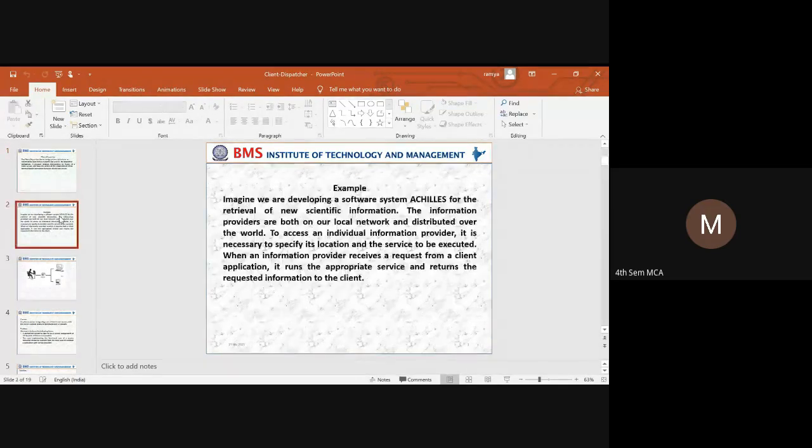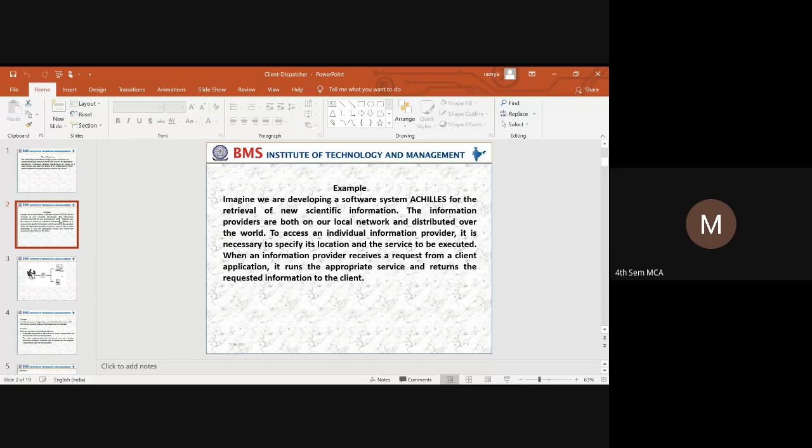Here is an example. In this example, we have a software system called Achilles, which is considered for retrieval of scientific information. The information providers may be local, or they may be distributed over the world.